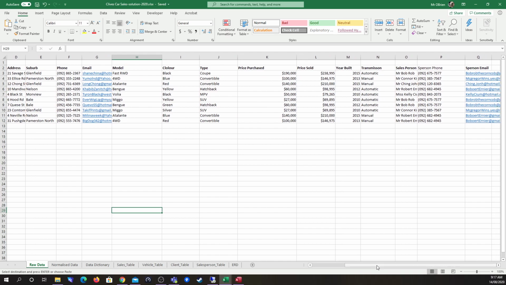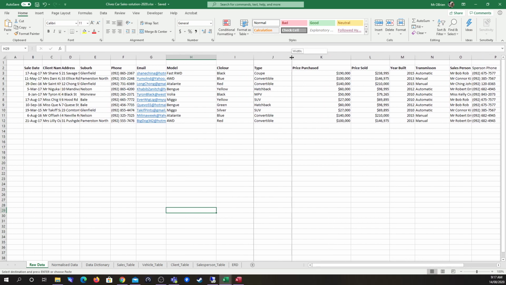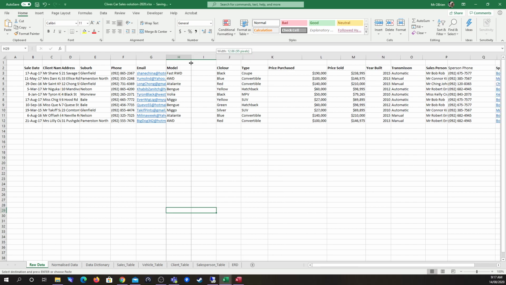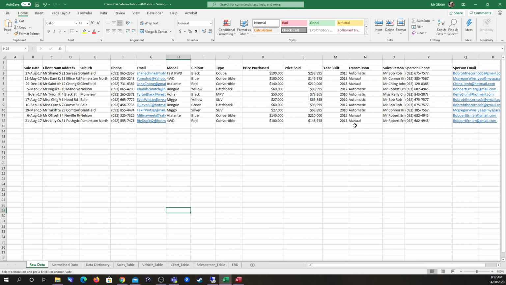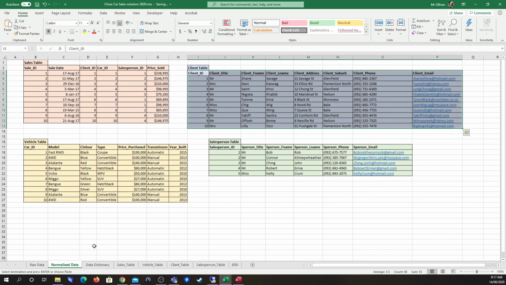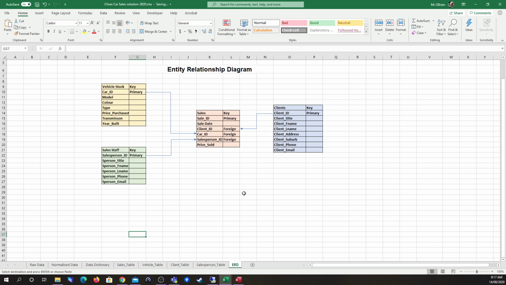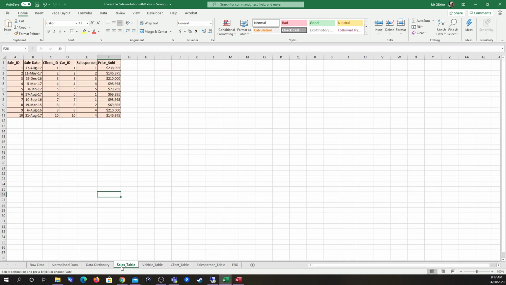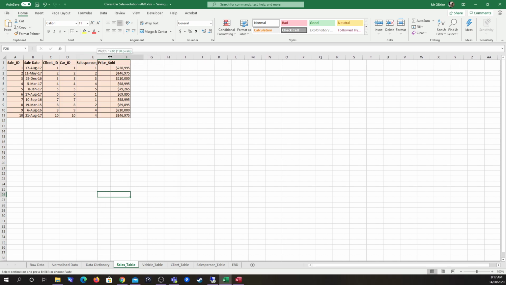The starting point, and what we've been doing over the last few weeks, is taking our raw data, our data that's at 0NF, so it has just been extracted from the client's paper books, and we've normalized this data. Normalization is a process where we create a data structure that's efficient and has no redundant data, meaning there's no repetition of data. Through that process we took our data to here, and we've considered the relationships between our data by creating an entity relationship diagram. Our next stage is to put our data, which sits in our individual data tables here,